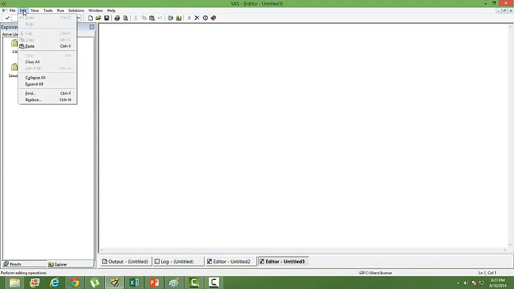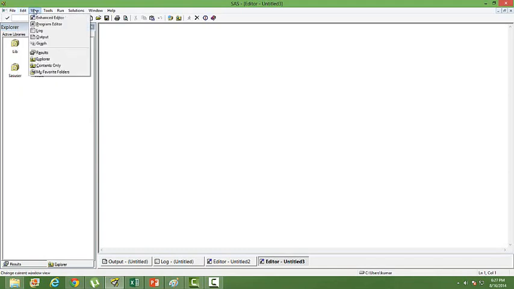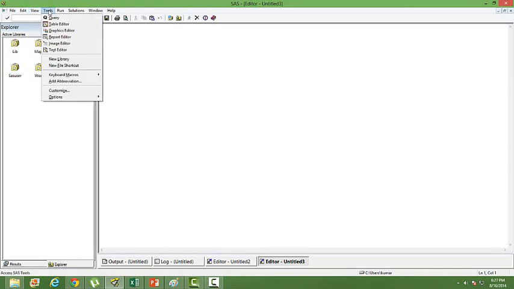You can edit by going to the edit tab. You can view the different windows, and you can directly go to the results, explorer, contents from this tab. We have so many tools out there, graphic editor, image editor. Those are not often used if you are a statistical modeler, but if you are a report builder or your major work is to build reports, very often you will be using these tools.